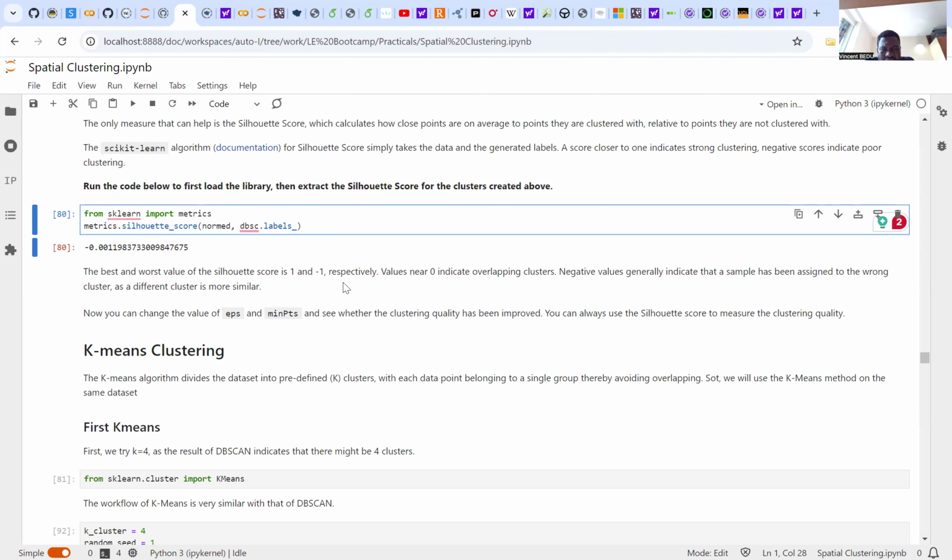So if you are trying to avoid overlapping in your clustering, you can think of using k-means clustering. To read more on this particular thing,